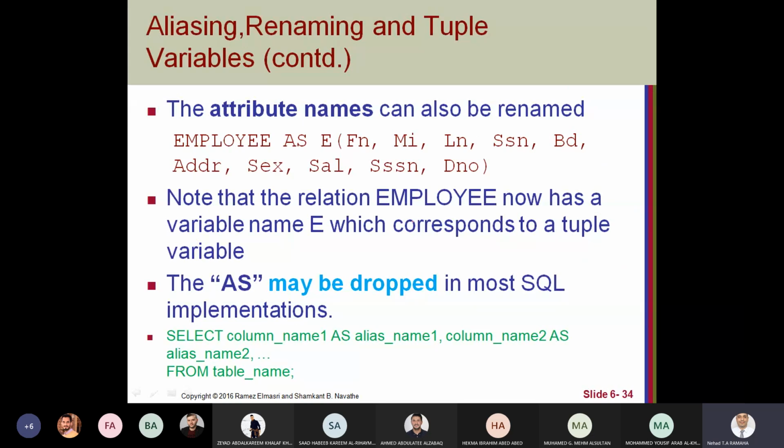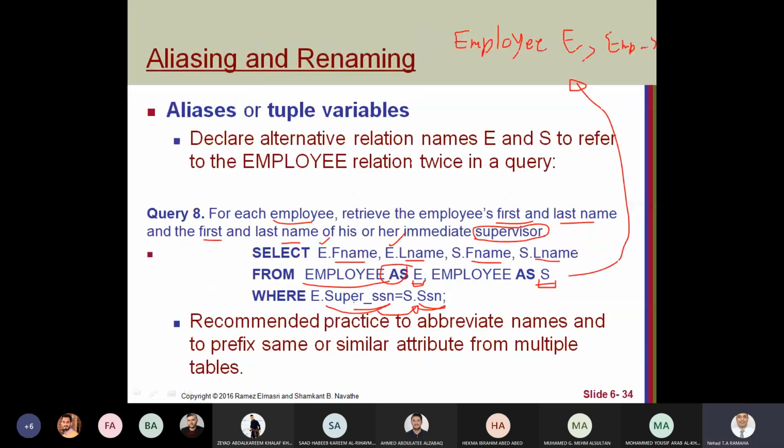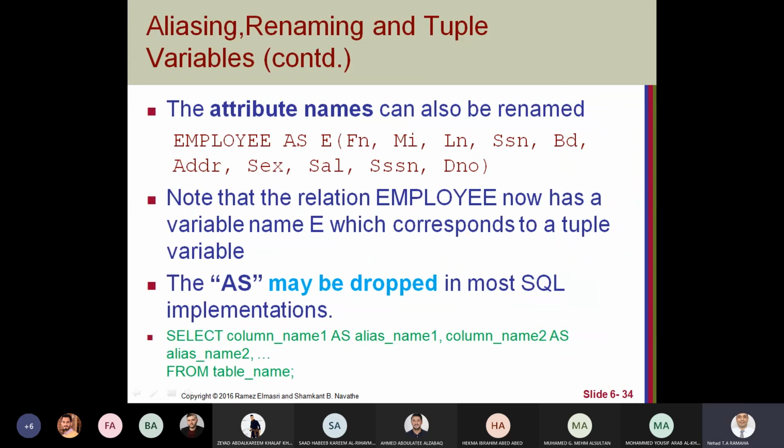Okay, you can also rename the attributes. Here, in the same thing, employee as E, you can open parentheses and rename all the attributes. Then, employee as E, FN, MI, LN, SSN.